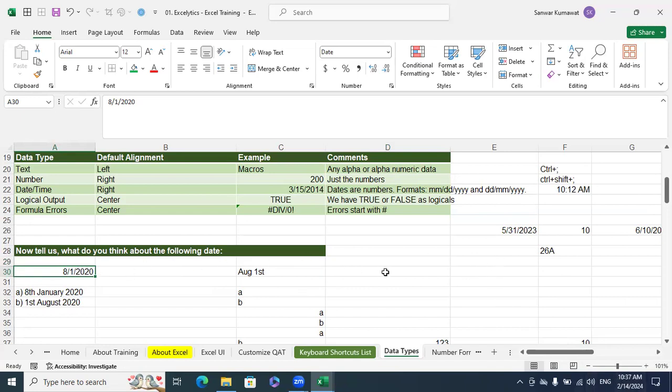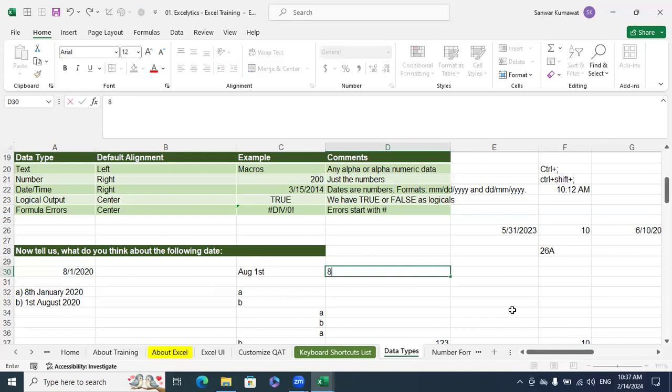If you write the same date in your system, let's suppose you're writing the date like this, 8/1/2020, and your system date format is DDMMYY, then it will show the date and it will change from 1st to 8th. Clear? It depends on the system date format. Clear? Now